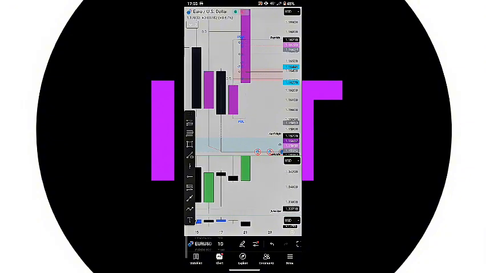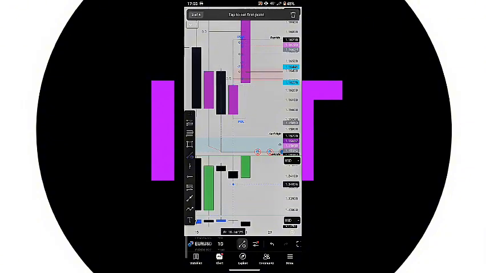But if you look closely right here on the GBP USD, you can see that this previous day's low was already taken,